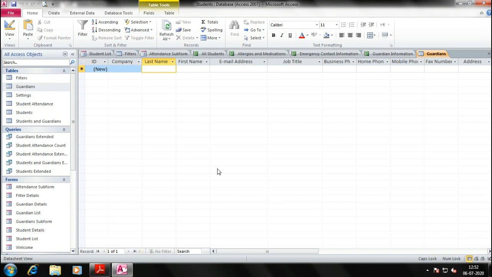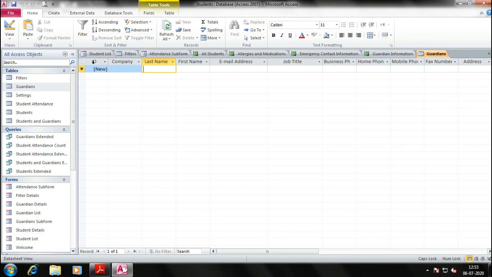Job title can be same, but phone number cannot be same. Home phone and mobile number cannot be same. ID strictly cannot be same because ID is the unique ID provided to the employee or student, like your admission number. It's always unique.